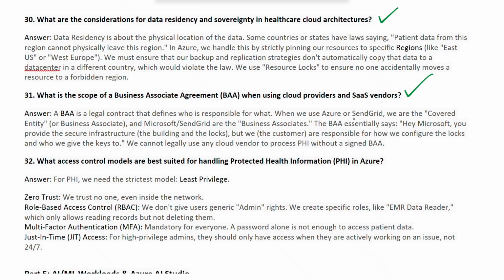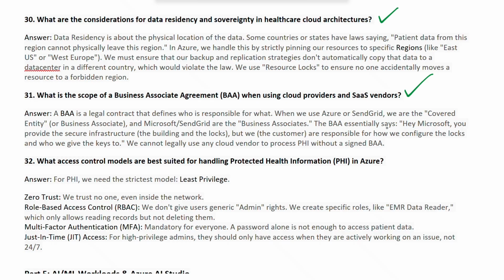When we use Azure or else a syndicate, we are the covered entity or else a business associate, and Microsoft or else the syndicate are the business associates.